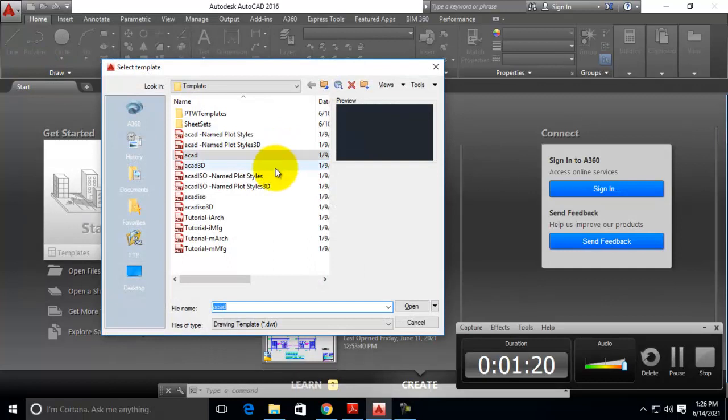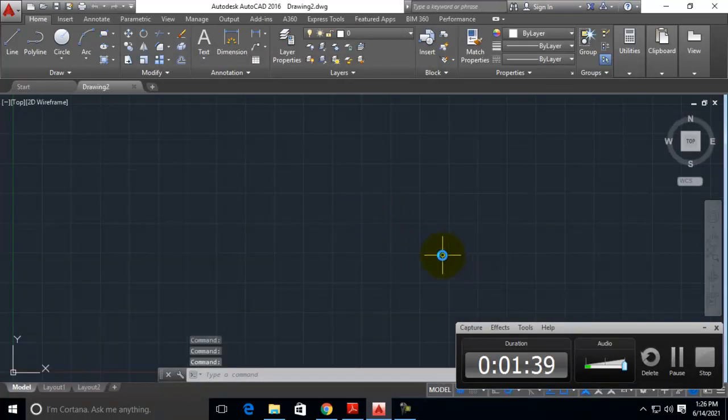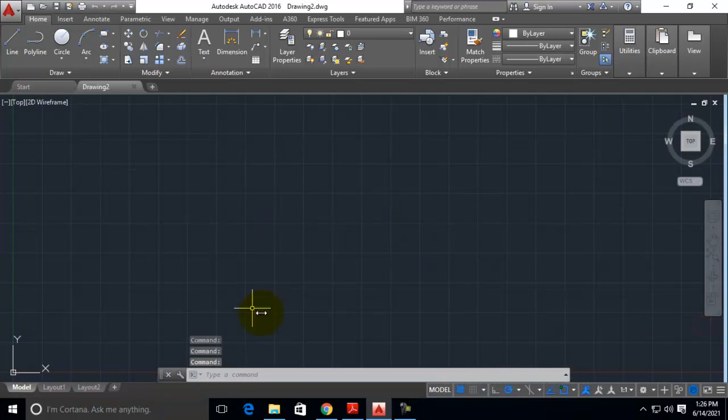It will ask for a template to be chosen. Choose the ACAD template, the 2D drawing template. Since this is a drawing in 2 dimensions, select ACAD as template, double click or click on open. Now you can start drawing.